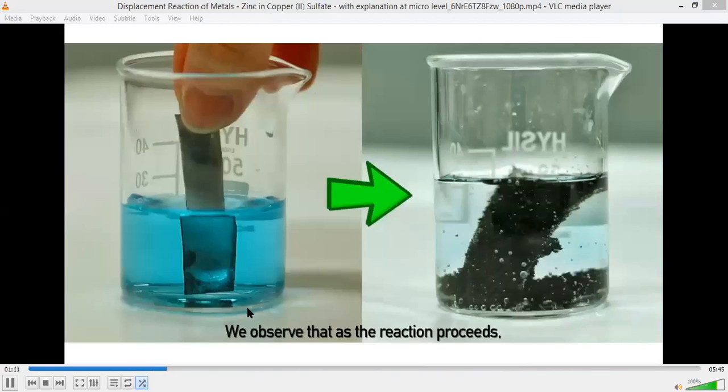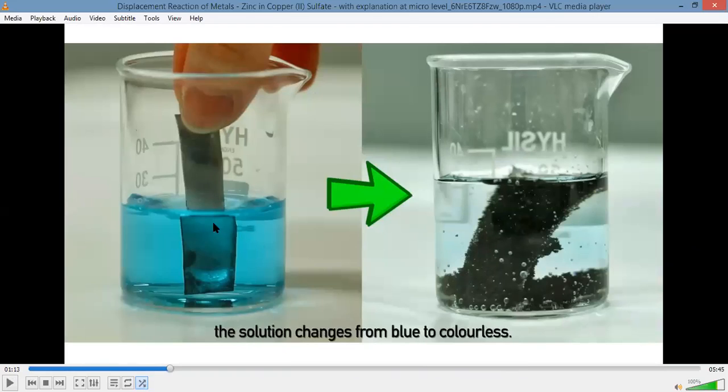Observe that as the reaction proceeds, the solution changes. So you can see the change over here. You can see what happened to the zinc. Zinc metal we are putting in a blue colored copper sulfate solution. After 1 hour, since displacement reaction actually takes time, we can see that the color of the solution becomes colorless, and you can see all the copper deposit on zinc. It looks very dark, but it's actually a reddish brown color thing which is depositing on it. So this is how the reaction proceeds.